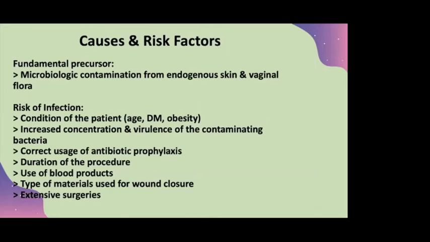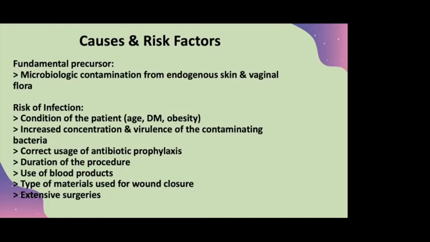For the causes and risk factors, the fundamental precursor of the surgical site infection are the microbiologic contamination from endogenous skin and vaginal flora. The usual microorganism may come from the following: our skin, the vagina, and the endocervix. SSIs are usually polymicrobial, and the risk of infection may be affected by the following: the condition of the patient,